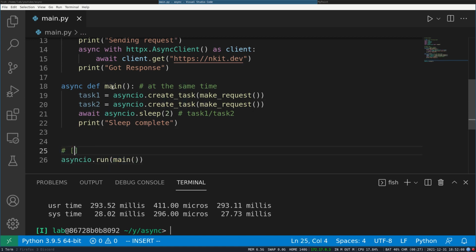Then we provide the main function. So Python knows that it has to execute the main function. As soon as Python is free, it will execute this function. And here we are not running anything, so Python is free the first time, so it will run the main function. Now it is executing main. So it is here. Then we tell Python, run this function whenever you get some time.